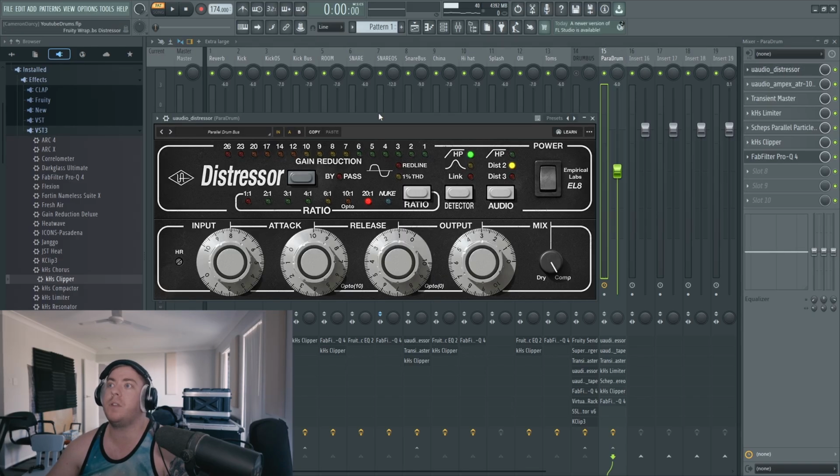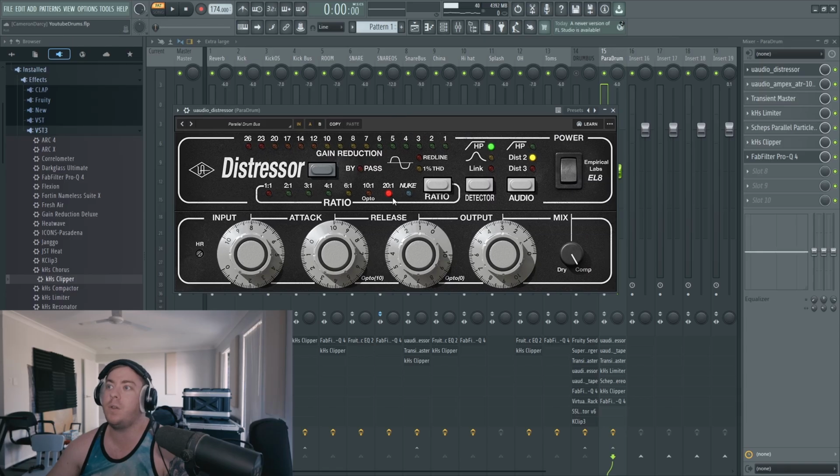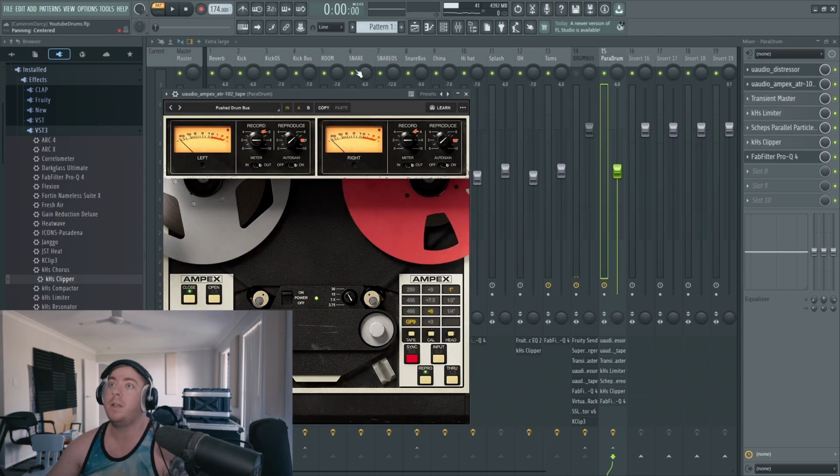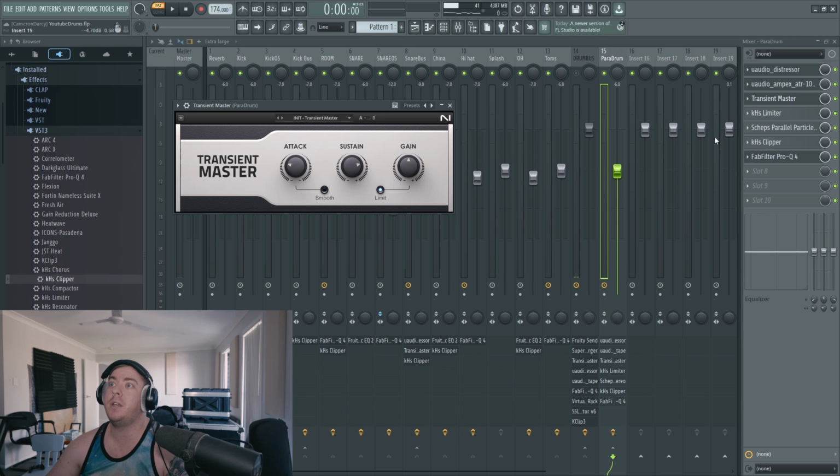So I've got a distressor on it. I've got it on 20-1, just nuking the crap out of it. Super long attack time, super quick release time. I've even brought the headroom all the way down to 28, super low. Push drum bus tape emulation. I've done the opposite with a lot of the transient designing. I'm pushing a lot of that sustain, and I'm getting rid of a lot of the attack